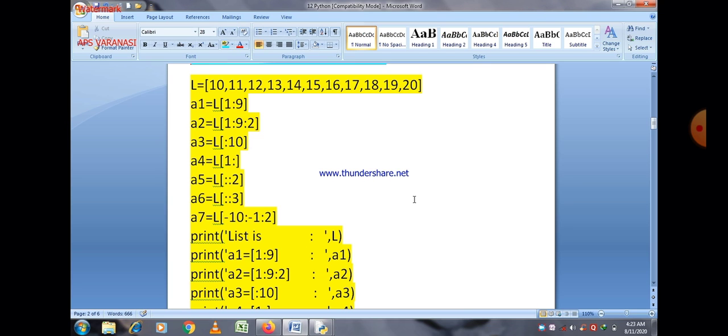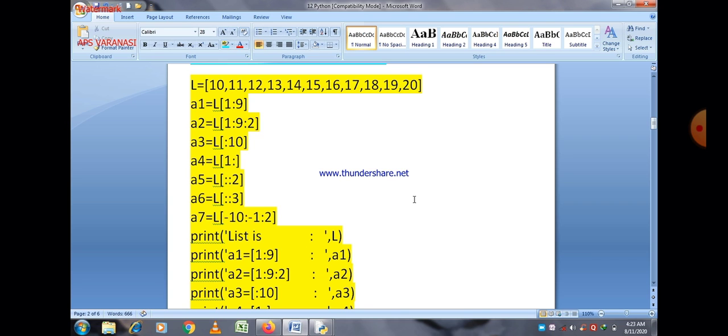the value at location 1, and always remember that counting always starts from 0 in a tuple, in a list, as well as in a string. So the concept is the same for all of them. Here you can easily see that at position 0, 10 is there, at position 1, 11 is there, at position 2, 12 is there.